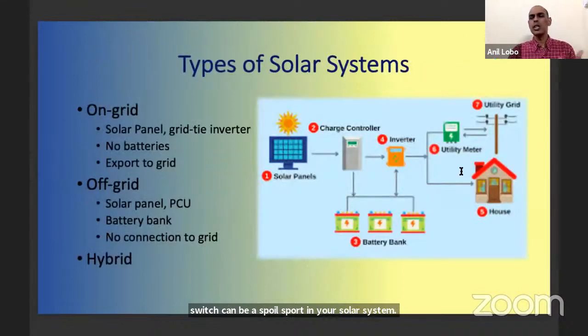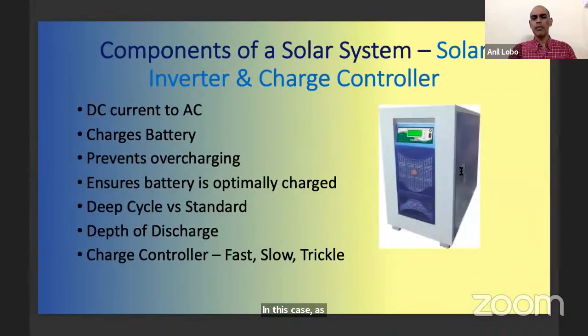Now that brings us to the two types of solar systems. There's an on-grid and an off-grid system. Like the name says, on-grid means you connect it straight to the grid. In this case, as you remember earlier, I told you about the components of the solar system. You have got